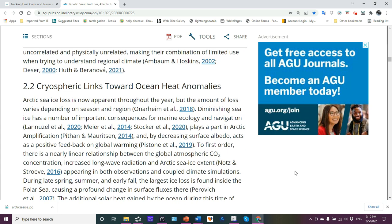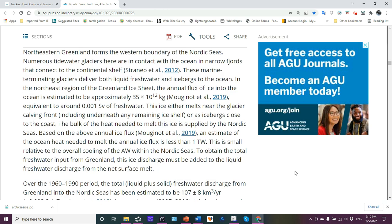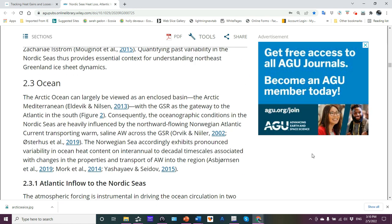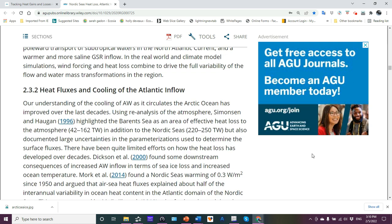Arctic sea ice loss is apparent throughout the year, so they look at the cryospheric aspects, and they go on. Now, these little bars tell you how much you scroll down. I hardly scrolled down any. So they go on, and the ocean, Atlantic inflow to the Nordic seas, heat fluxes and cooling of the Atlantic inflow,